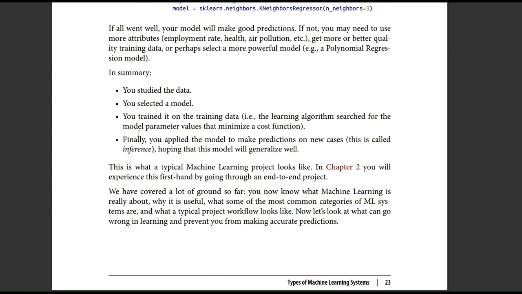That is it. So that's given for some other country where GDP is this much, and the life satisfaction comes out to be 5.77. That's using the k-nearest neighbors algorithm. That's another algorithm present in the scikit-learn library. We'll study that one as well in detail.